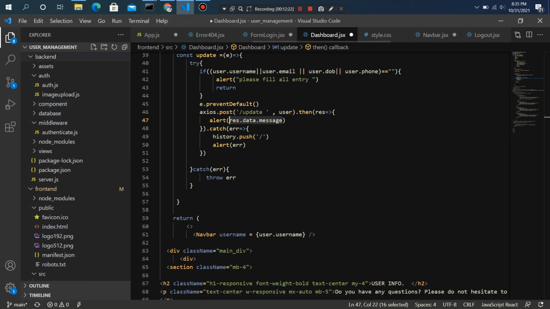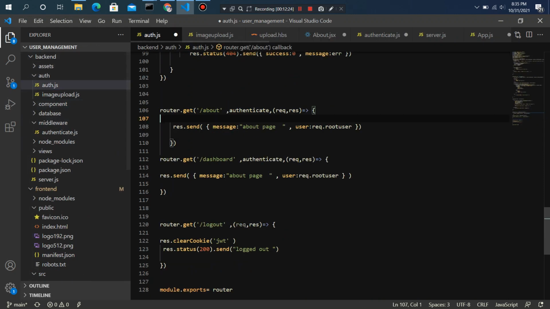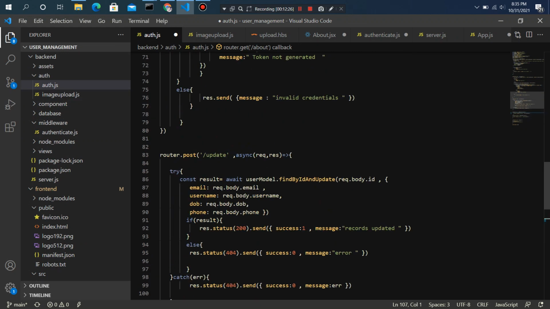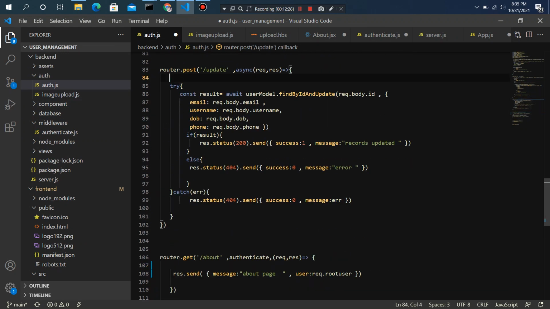And if we go to the update, here is the update API. Whatever we are doing here is getting the data of that particular user from the front end that we sent while logging in.